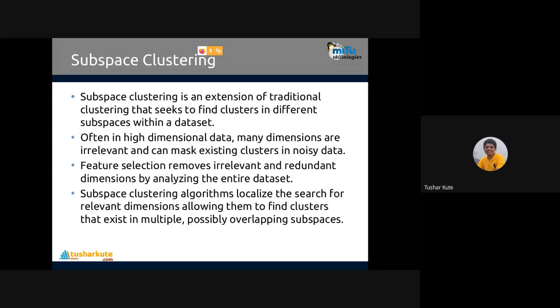The first method is subspace clustering. What does it do? It is an extension of traditional clustering, like k-means, which seeks to find clusters in different subspaces within the data set.